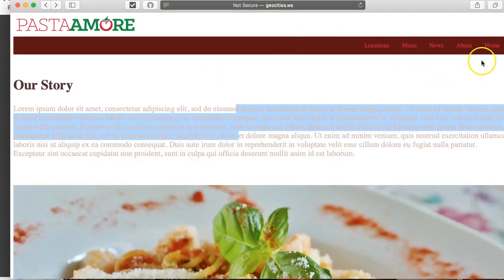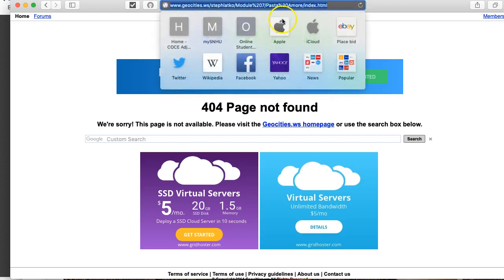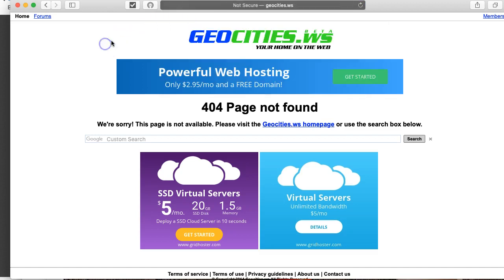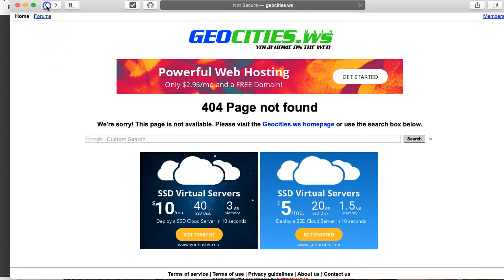Also, I want to be able to get back home. Here we have about, but when I click on the home screen, I'm going to a page that doesn't exist. Now, part of this might have something to do with word spaces in your file names and directory names. The naming conventions for directories are really no different than the naming conventions for files, except that only files have extensions. Directories do not have extensions, typically. So maybe get a little content on these pages and make sure that you can get back to the home